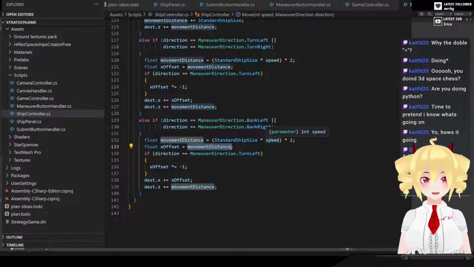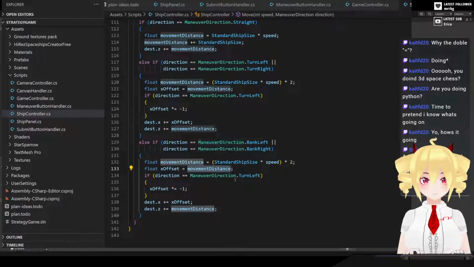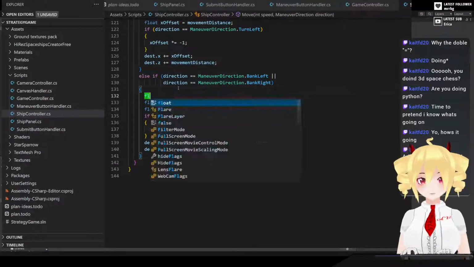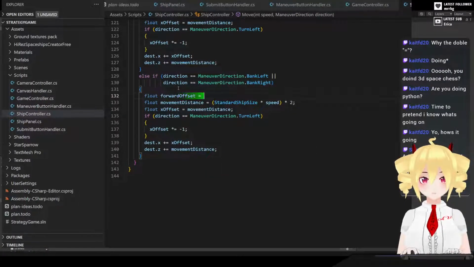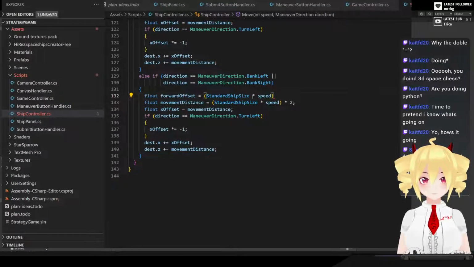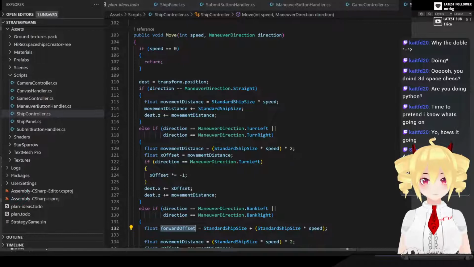So like a 1 bank should probably take us forward. So the forward offset of a bank is maybe going to be, let's see, so that's how much we do for a,